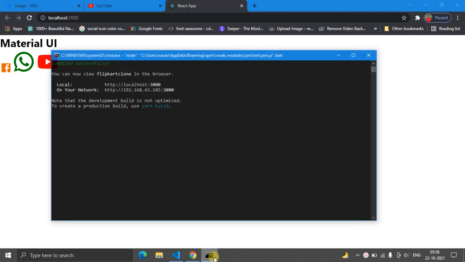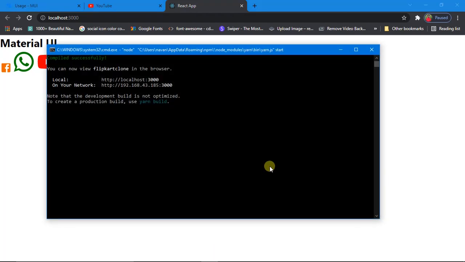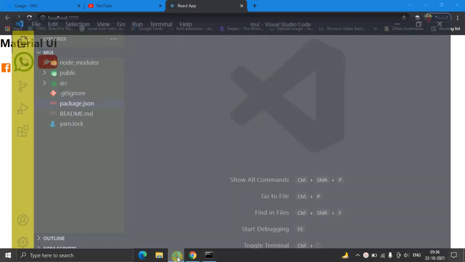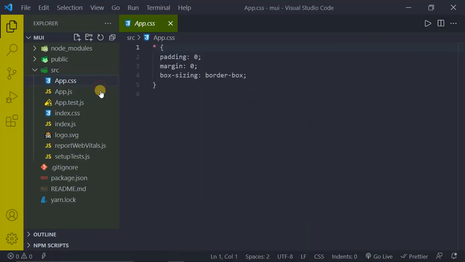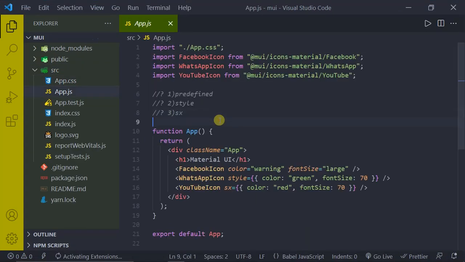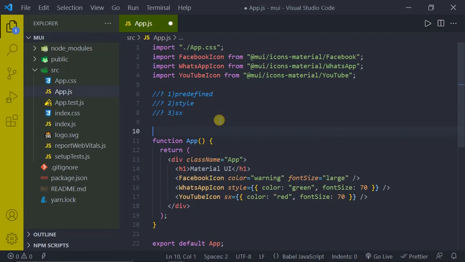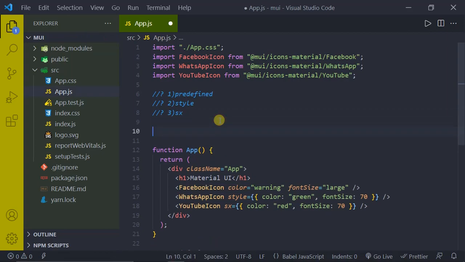One more thing is make sure your React server is already up and running. You can see over here my React server is already up and running. So let me refresh it for you. See? Okay, now back to my code editor. Just expand your source folder and get into app.js, okay? And this is the code we wrote in our previous video, right? If you didn't watch that video, do watch it by clicking on the I button.